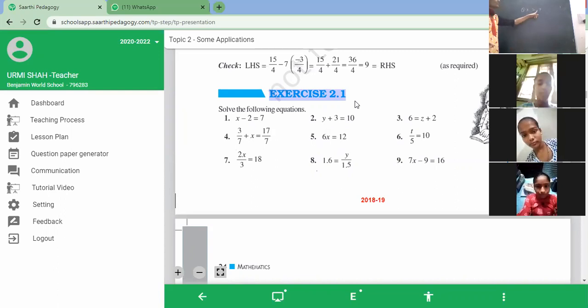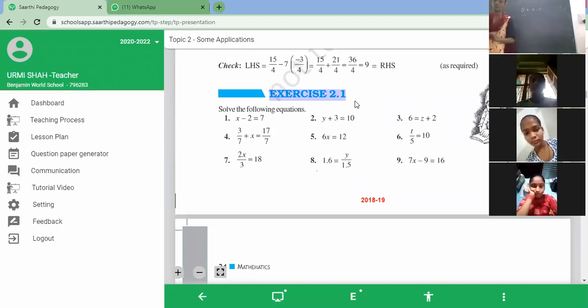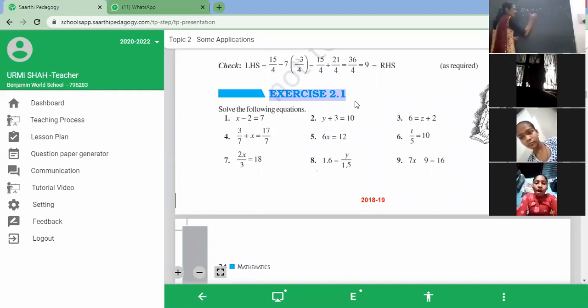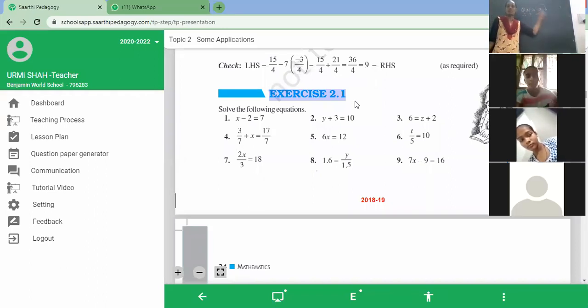Here x minus 2 is equal to 7. The next step is that you have to put the therefore sign, three dots. Every time you have to make the variable alone, and try that the variable should come on the left hand side only. So x will remain as it is. Now equal to 7 is there. Now this 2 will go to the other side. If we are changing the side of any number, minus is converted into plus, plus is converted into minus, division is converted into multiplication.